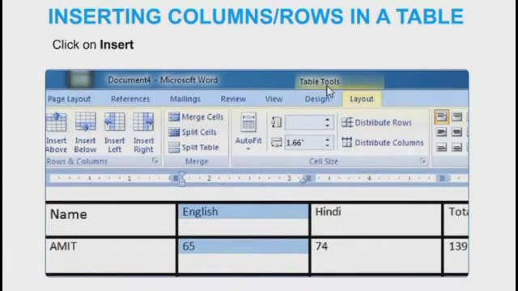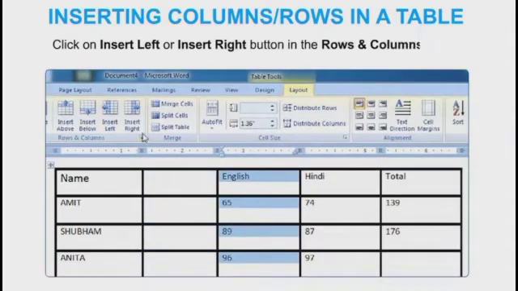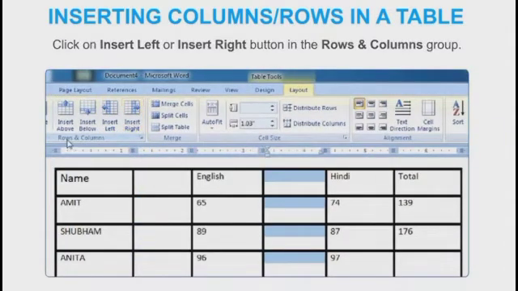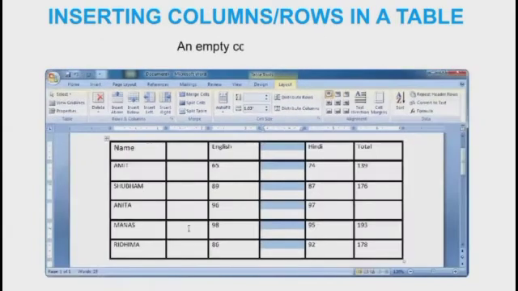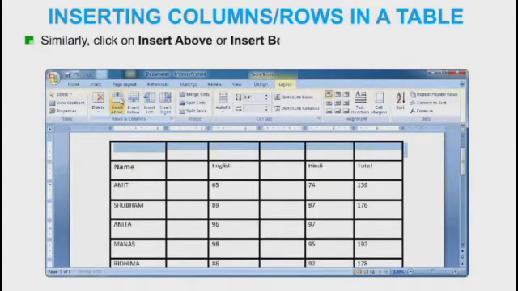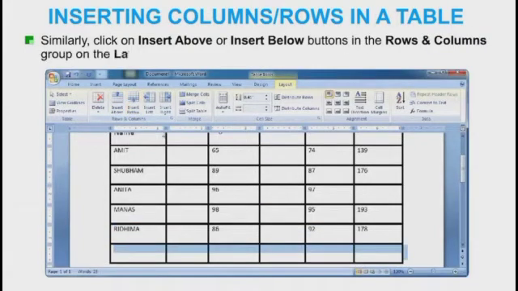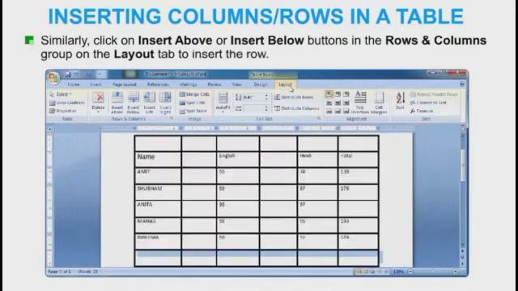Click on the Insert Left or Insert Right button in the Rows and Columns group. An empty column is inserted. Similarly, click on the Insert Above or Insert Below button in the Rows and Columns group on the Layout tab to insert a row.